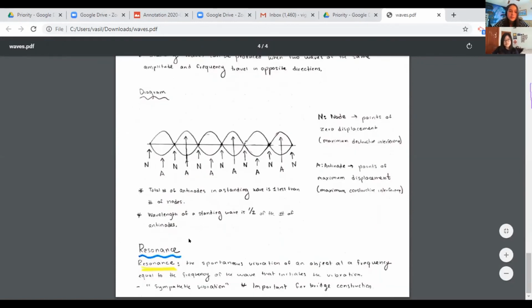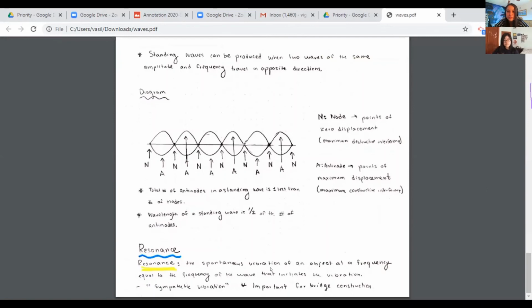The last topic that we will cover is resonance. Objects naturally vibrate at their own frequencies. Resonance occurs when the frequency of a wave matches the frequency of the vibration of an object. This principle is very important in the construction of bridges because you don't want them to collapse. And also, people can break glass with their voice by matching the frequency of their voice with the frequency